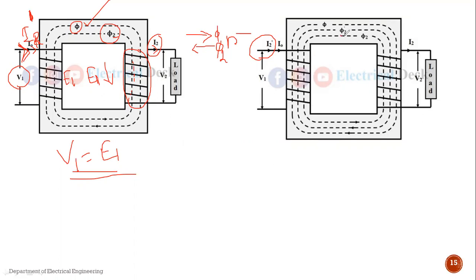at that situation this additional current I2 dash produces some flux phi2 dash in the core, but this flux is in the same direction as that of phi. याची जी काय direction असेल, see here it is shown. phi ची direction clockwise आहे, इथं दाखवलेलं आहे बघा. phi2 dash ची direction again it is in clockwise direction, and the direction of phi2 is anti-clockwise.